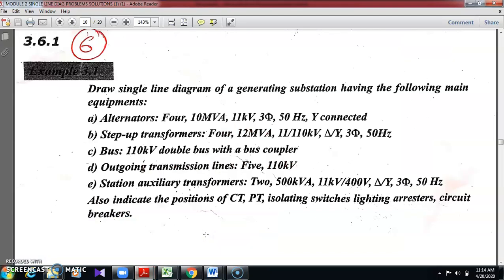Okay, students, so today I'll take one problem. Just have a look at this. If they specify any problem, then how to draw its rough sketch and how to draw it in AutoCAD will be the further steps. So first you go through this problem. Once the problem is specified, first you have to check the substation rating.